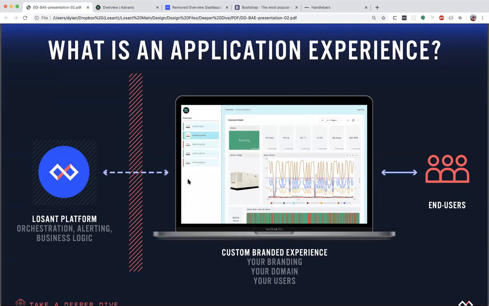You can only allow certain users to access certain devices, as an example. You can build an entire multi-tenancy application where certain users have access to absolutely everything, but other ones only have access to devices specific to them, etc. And you can even let these end users manipulate your application in certain ways via the power of the workflow engine, which we'll get into a little bit further here in the presentation.